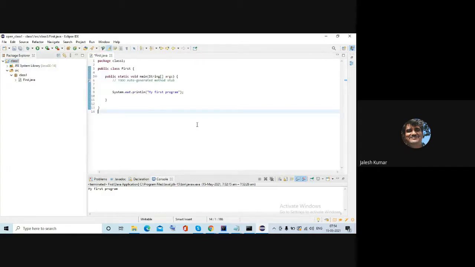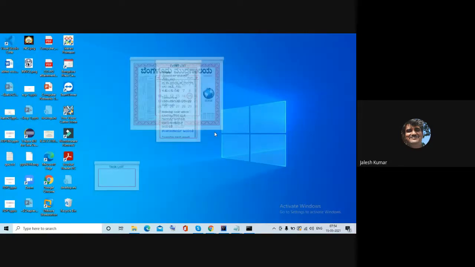If you want, you can select public static void main by default, and you will get every piece of information, so you can work inside that. So this is how you can work with Eclipse. Any version of Eclipse will work for this basic programming. And I'll close this Eclipse.